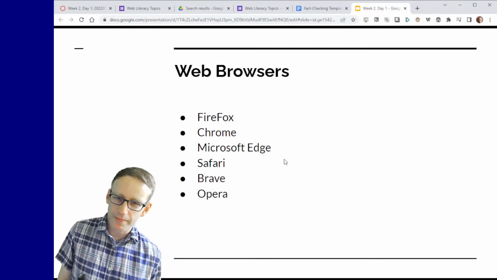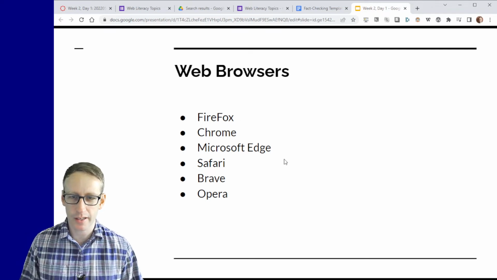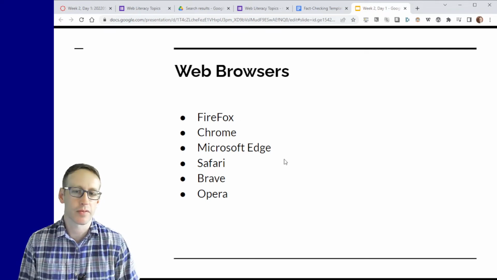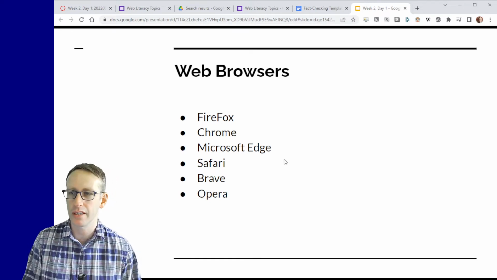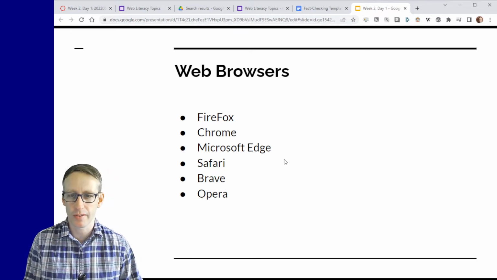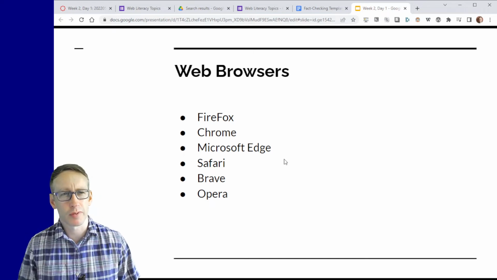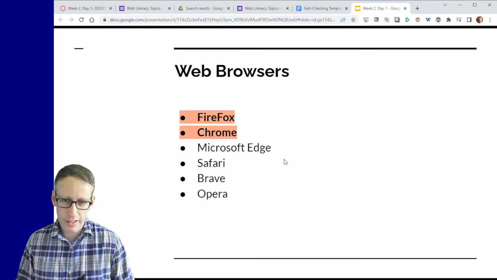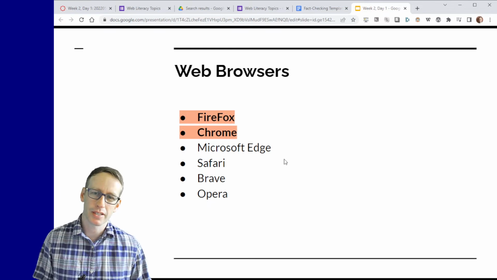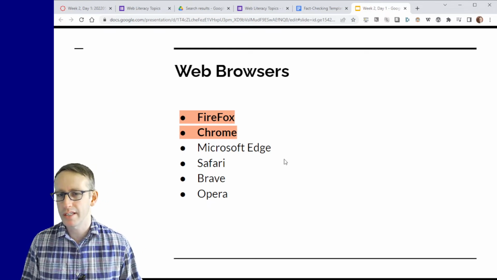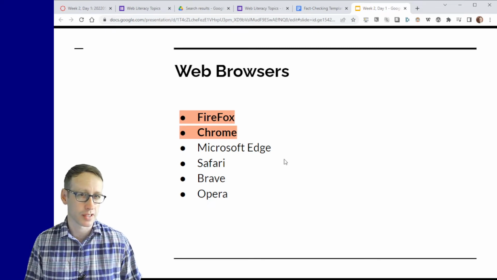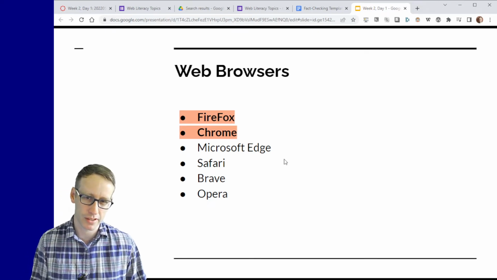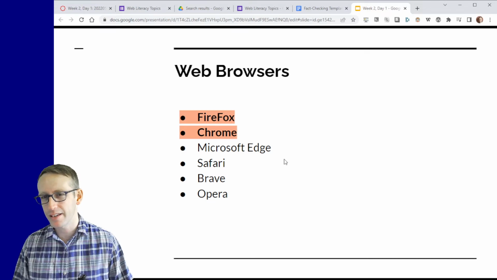So ultimately, all of these are fine. These 6 that you see here, these are all fine. If you are committed to using one of these, I'm not going to try to talk you out of it. I just want you to be aware of some of the options that are available. And what you'll find is that with Firefox and Chrome especially, you have more options than other browsers. You have more plugins that you can take advantage of to customize your browsing experience, and also to secure your browsing experience if that's important to you. And I think it should be important to you.